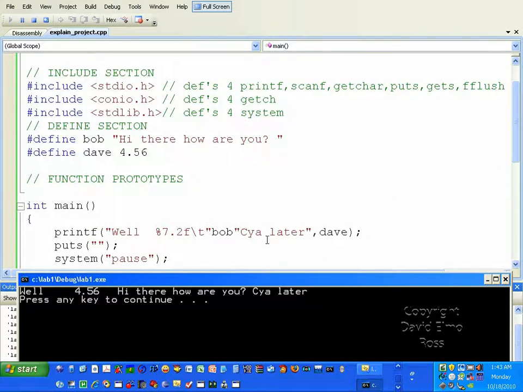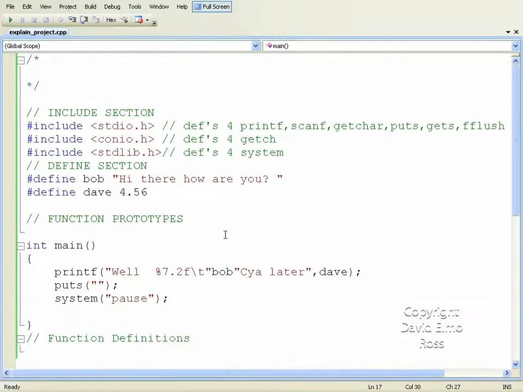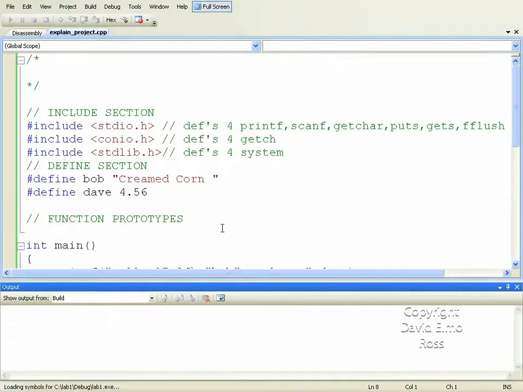Now this is how you're going to set up the #define statement so that you can change those very easily to have different output come up. For instance, if you take a look at the way the project's set up, if I change Bob to say, hi, are you, I can have it say something like cream corn, which could be one of the things on your project, and Dave could be a price. Now if I do that and I run it again, what we're going to find is that